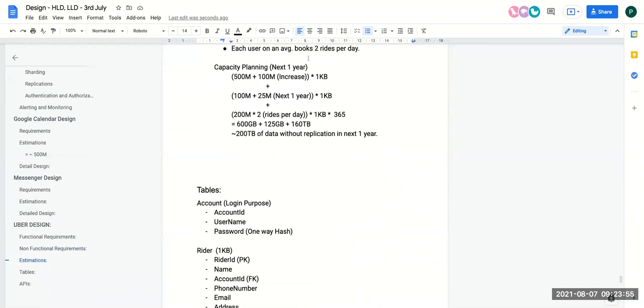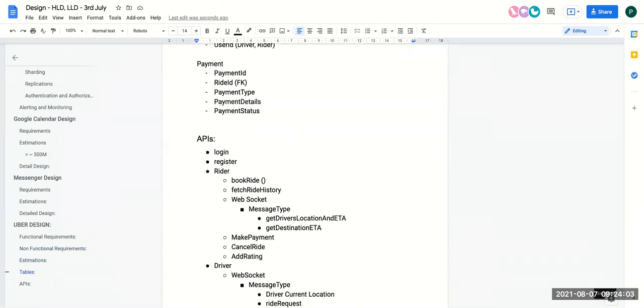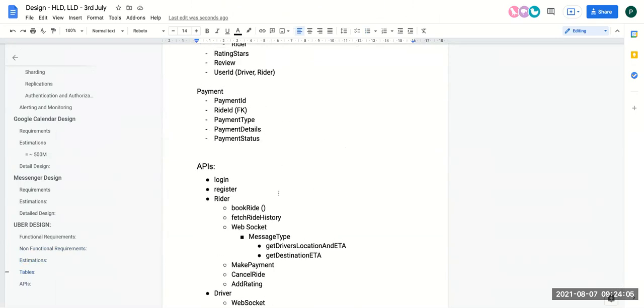There are on an average 2 rides booked per day per user. So there are 400 million rides, but not all the rides will be booked, right? So can we say that approximately 200 million, a 33% drop? So on an average 600 million ride requests will be booked, correct?